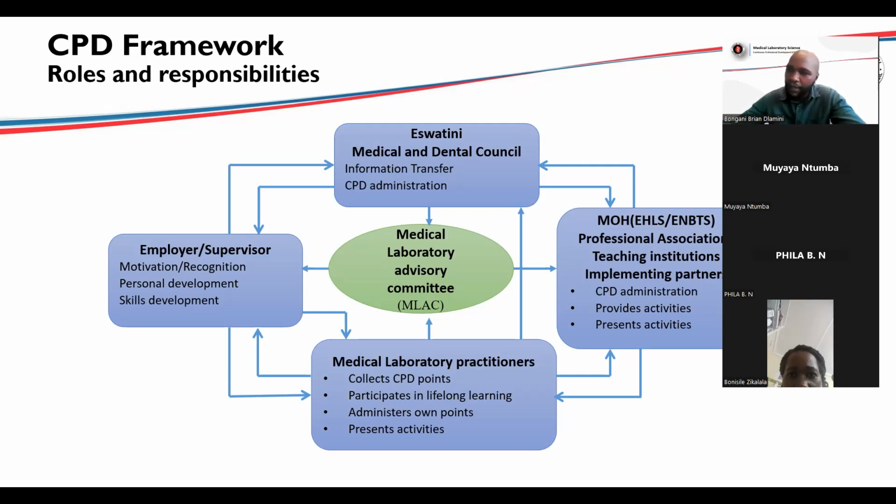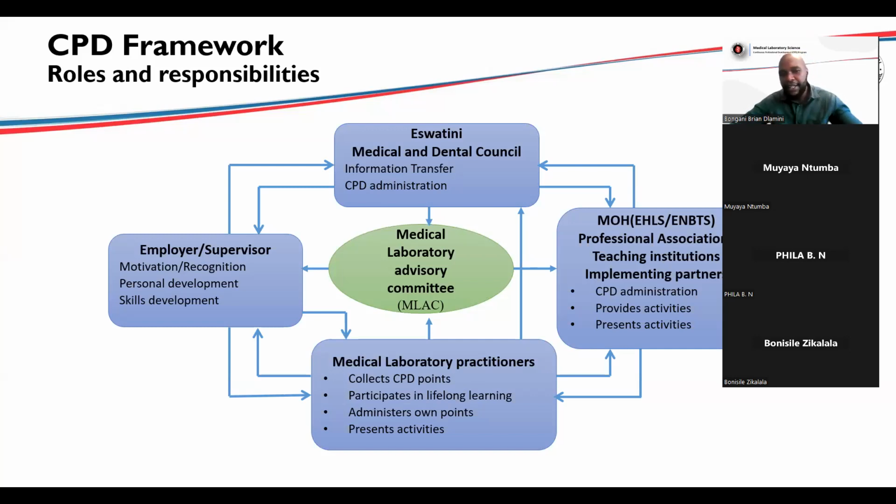And as soon as you accumulate the certificate or complete that, you can then notify the training office through the relevant email that I'll share later. And then you also present different CPD activities that you've accumulated on different platforms, where you've taken relevant training, which will then be approved by the AMLAC, and you'll get a response to say it is worth the points that you proposed initially. And the role of the supervisor and the employer is to motivate the staff, help in skill development, and also motivate the staff to participate in any CPD activity that is presented to us as